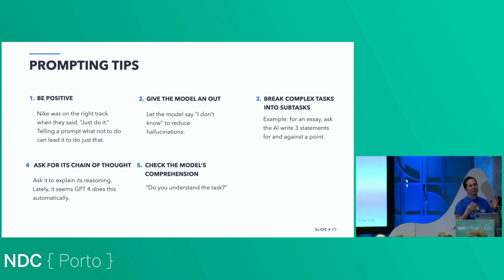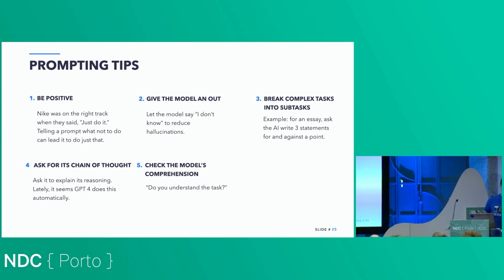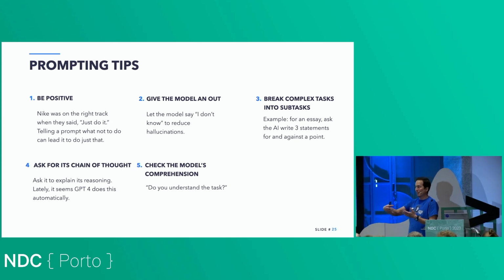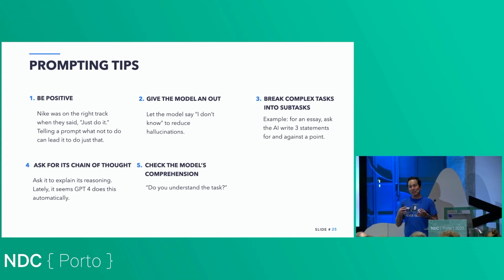So hallucinations is this term of basically when it generates false facts, right? It's predicting text that it thinks you would want from the prompt, and sometimes it just generates meaningless or wrong facts, like it did with my Wikipedia article. And so giving the model an out is one way to try to reduce that. But you can never fully get rid of hallucinations.